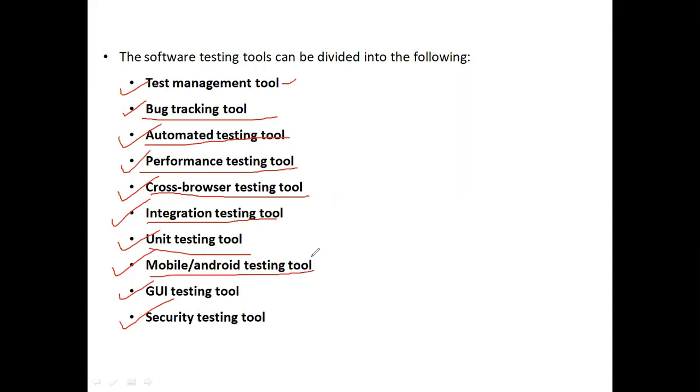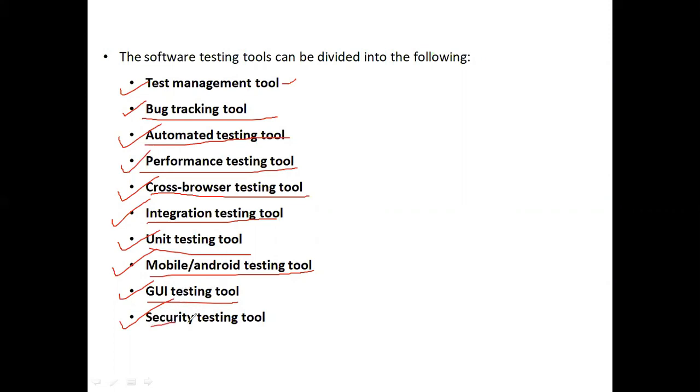When we are testing any mobile applications, some of the tools are open source and some of the tools are licensed. Each tool has its own functionality and features. These we call mobile and Android testing tools. The GUI testing tool is used to test the user interface of the applications, because a proper graphical user interface is always useful to grab the user's attention.